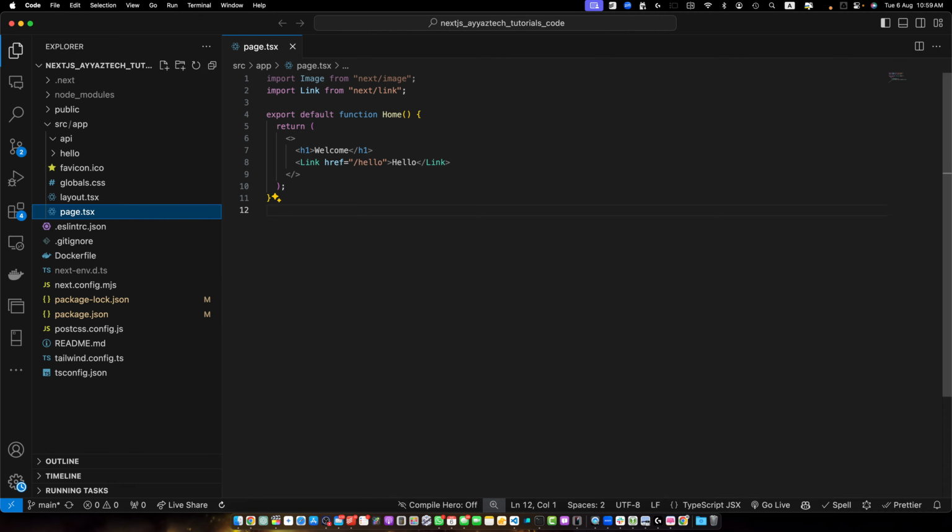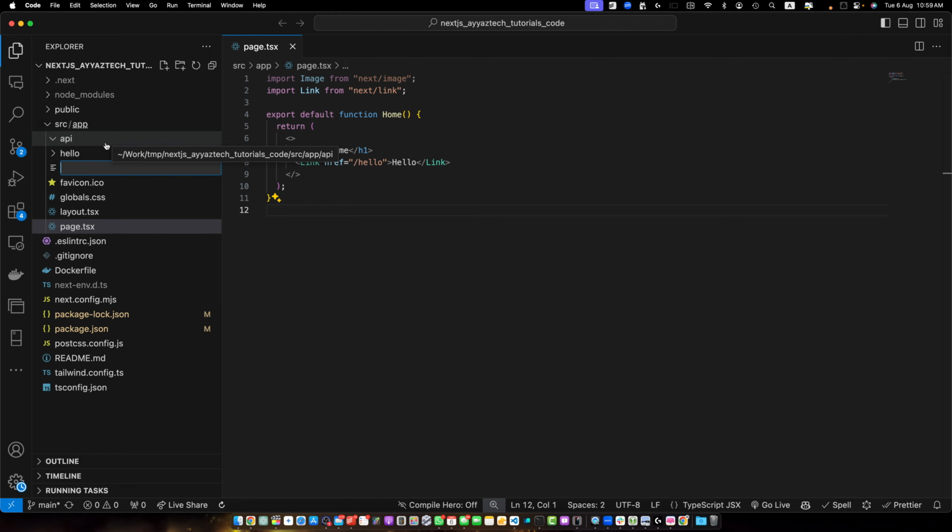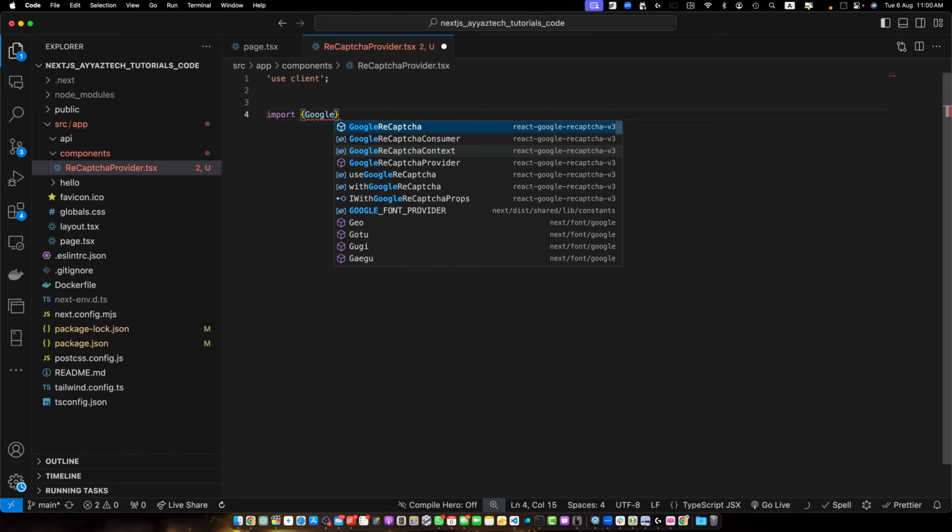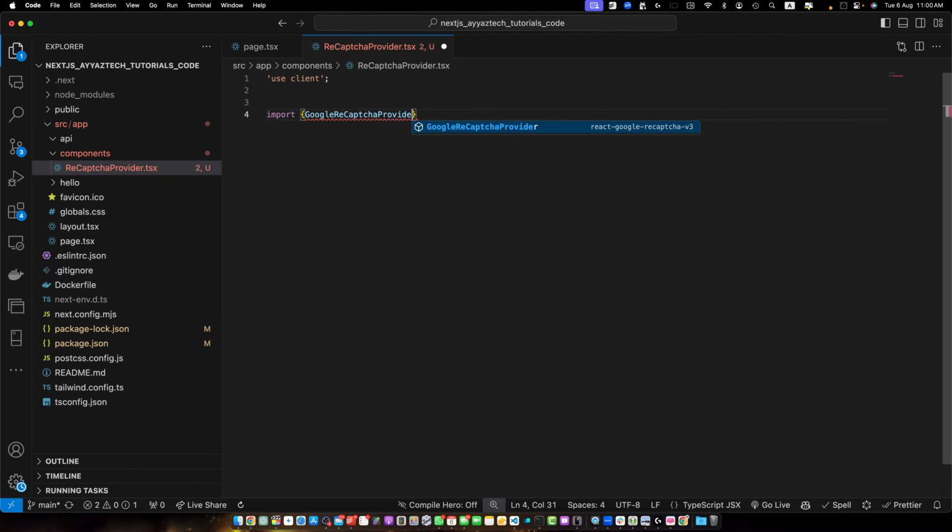Now let's start by creating a provider component that will wrap our app. We will create a file inside the components folder, and the file name would be reCAPTCHA provider dot tsx. Let me fix the spelling here. Okay, great. Now here I will use "use client", and this will make it a client side component instead of a server component. And now I need to import Google reCAPTCHA provider from